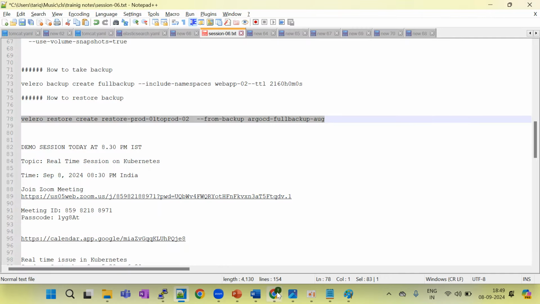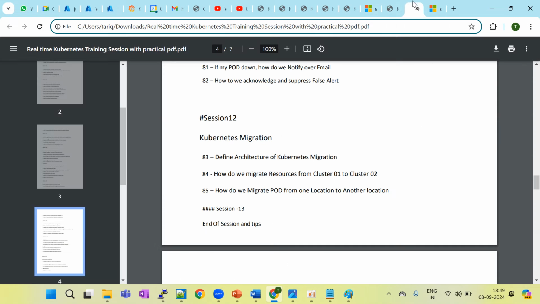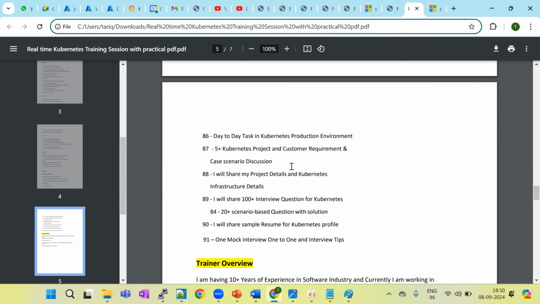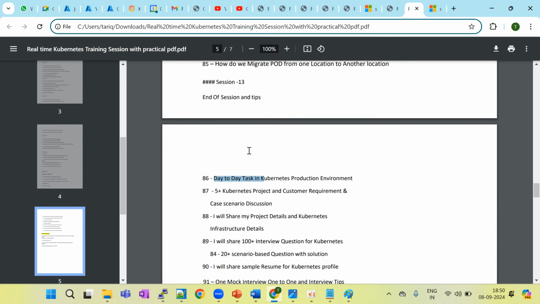This thing we will discuss in a very detailed way. We can start from the scratch level, like how we migrate from an on-prem Kubernetes cluster to a cloud one, what the planning is, and what the pre and post planning is. I will explain in the architecture. And we also have to explain the day-to-day tasks, because once you have completed all the sessions,